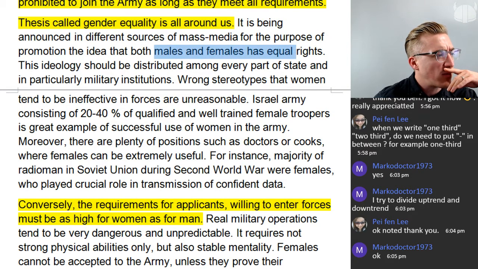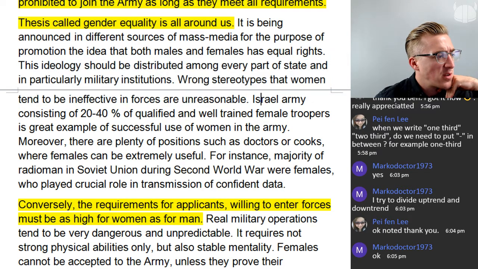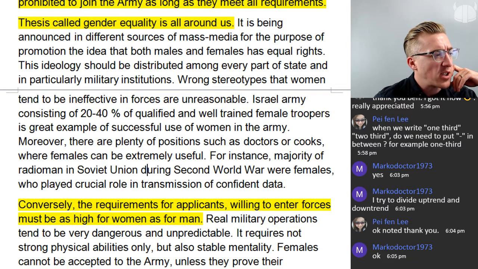Males and females have equal rights. Wrong stereotypes that women tend to be ineffective in forces are unreasonable. Well, there are plenty of positions where females can be extremely useful. For instance, the majority of war were females who played a crucial role in transmission of confident data. Okay, good. To be honest,